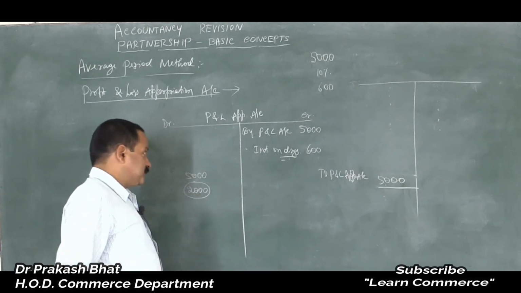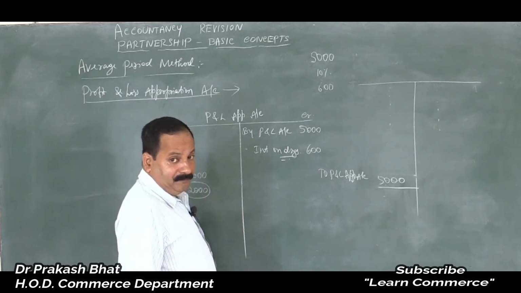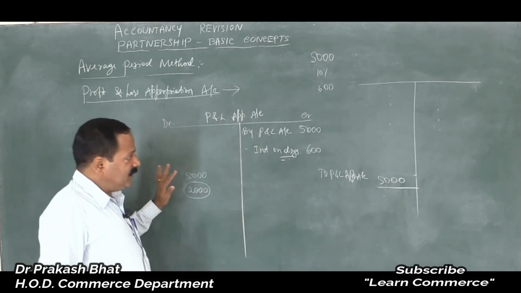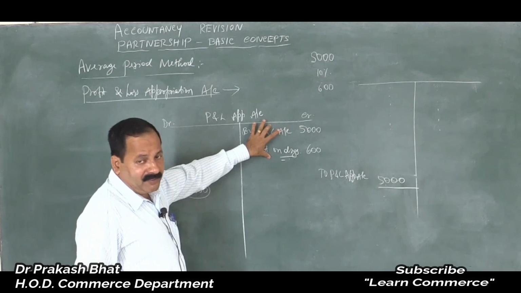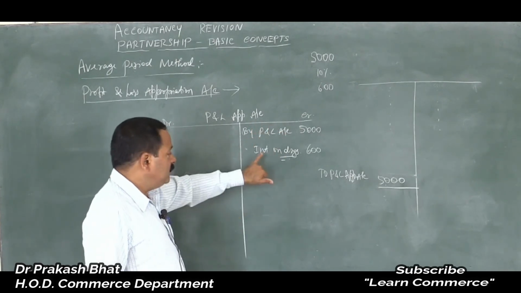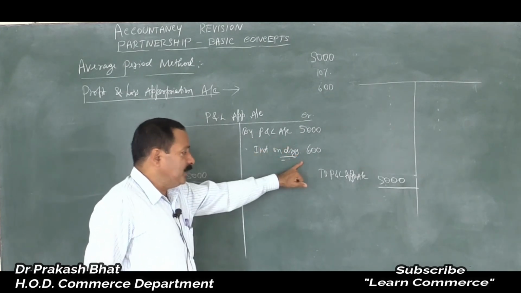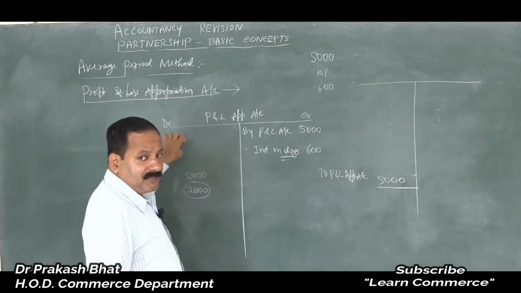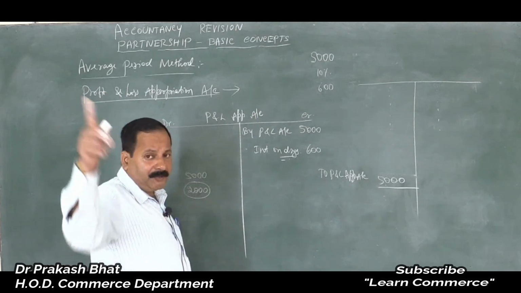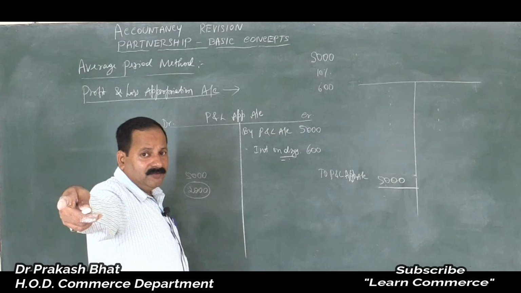Correct? Yes. Then enter all the expenses of the firm. Amount payable to the partner should be entered on the debit side. Only two items will appear on the credit side. Mostly it will be like this, only two items. Clear? That is profit and loss account, net profit brought down within brackets, then interest on drawings, then interest on capital. These are all expenses for the firm. Interest on capital payable, salary payable, commission payable, interest on loan payable, right? Expense to the firm.